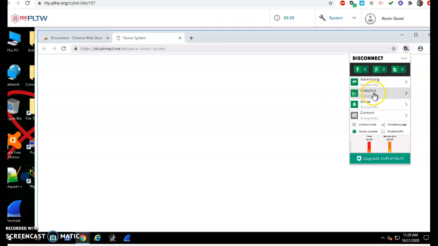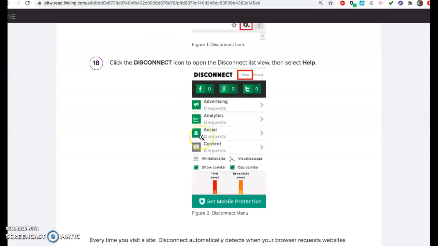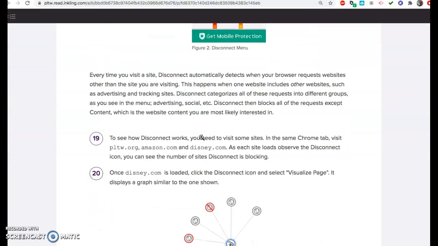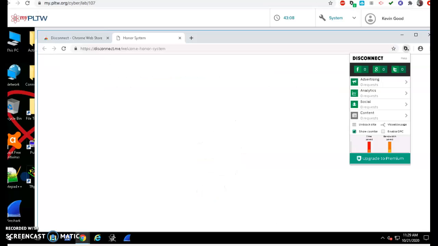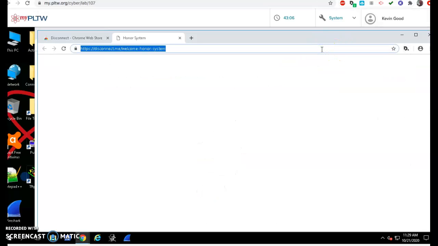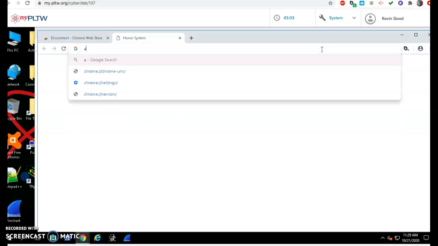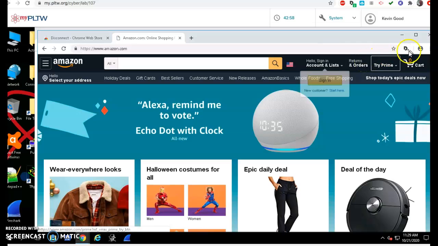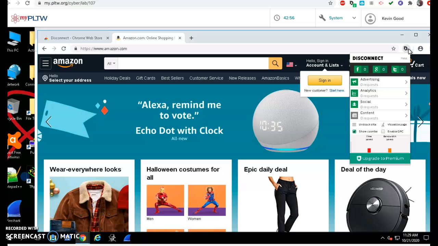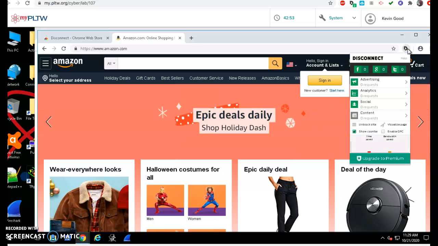You can see what advertising there is when you visit web pages, what analytics are going on, the social part. So you can start to see what happens when we visit websites. Okay, so you can click help. So let's go to some different sites. Okay, we got Amazon.com, Disney, and PLTW.org. So let's go to Amazon. Right? So if we go to Amazon.com and we open up our disconnect, we can see what is being